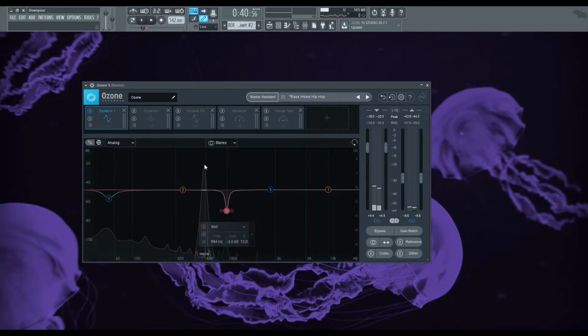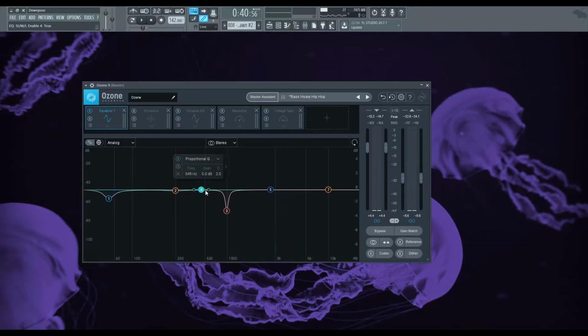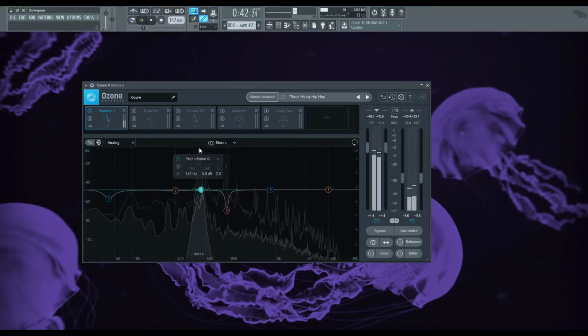And we've got another peak here, where there might be a lot of frequencies that are mashing together, and some might be causing a bit of a problem. So again, if we go here, here,